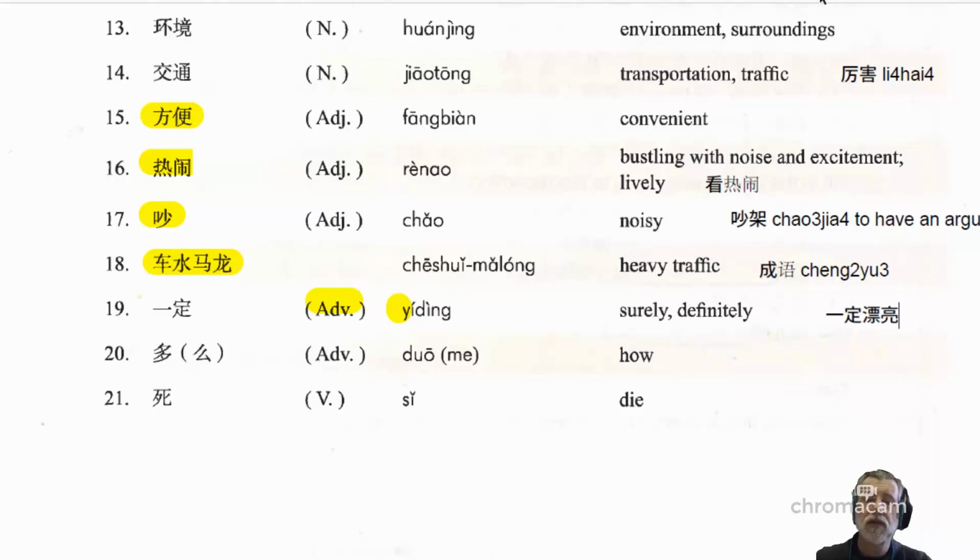If we now move on to the next one, we have the expression 多么. Now here it says, you can either use just the 多 on its own or the whole thing 多么. We've come across the word 多 before, which means many, but here it has a slightly different meaning, and I think the definition they give here is inadequate. So it's an adverb, as we can see over here in the brackets. So that means it can go before a verb or an adjective, but more often than not, I would say it would come before an adjective.